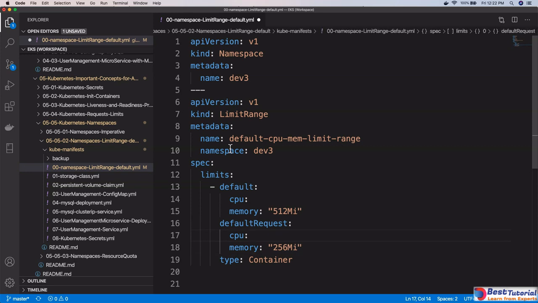Now the next thing is CPU. The CPU I am going to use here is 300 m, which I will use initially whenever the container starts. Later I'll increase it, and the maximum limit of the CPU that this respective container is going to use in this namespace is 500 m, which is 0.5 core of a CPU. So that's about the limit range